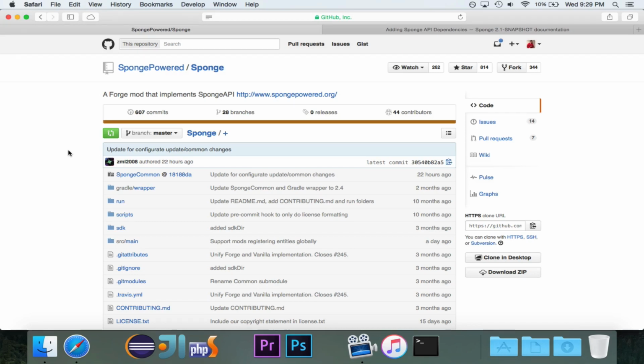In this series, we're going to be taking a look at the Sponge API, which is an alternative to Bukkit and Spigot as a Minecraft server. Sponge is under heavy development right now, and a lot of it is subject to change drastically. But I wanted to just start by taking a look at it so we can see how it is in its current state, and I'm sure that a lot of how it is right now will continue as it progresses further on. So this series will function like the Bukkit series.